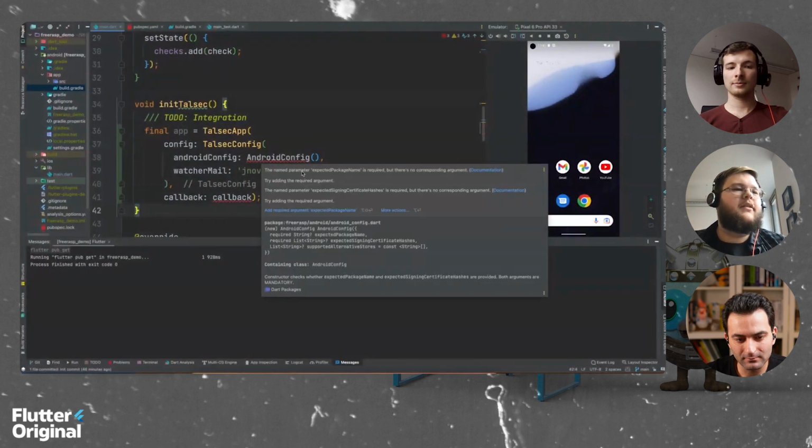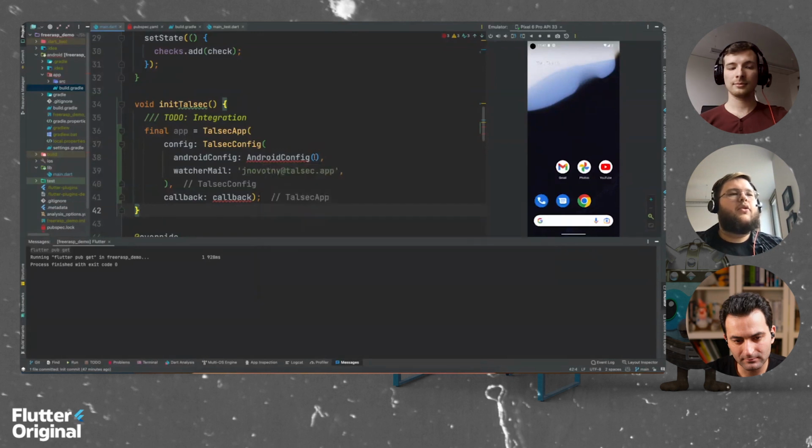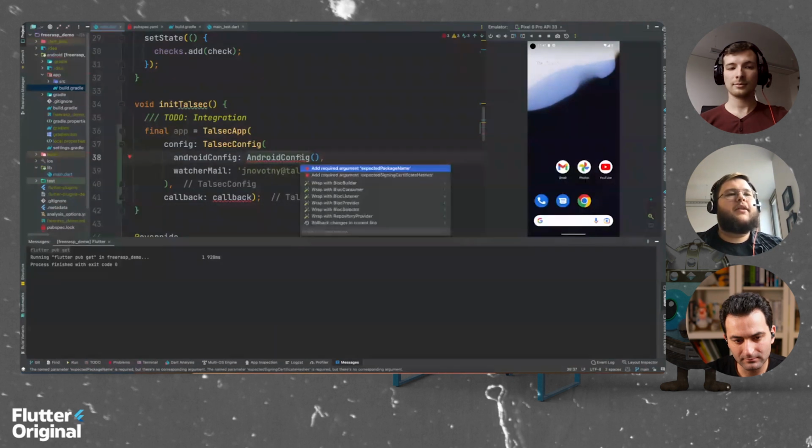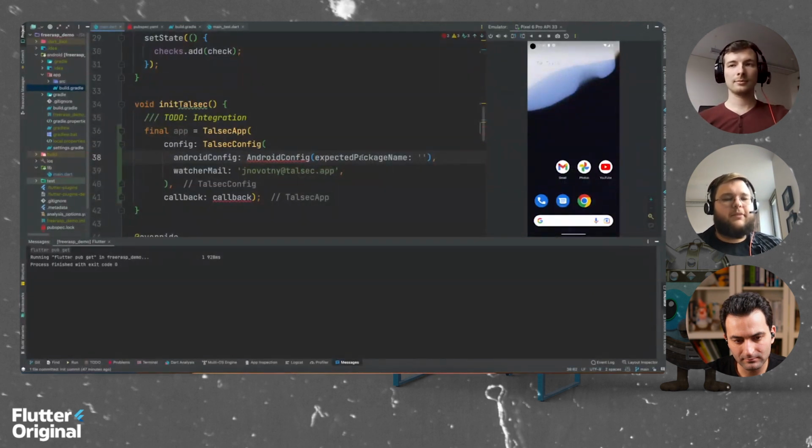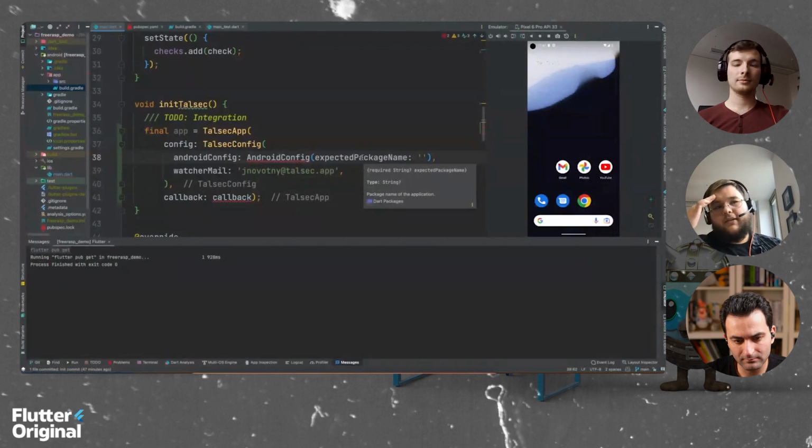Talsec, that's set up. And now let's resolve this yelling Android config. What it actually requires is the expected package name, then the expected signing certificate hashes. So let's pass just that. First we have the expected package name. Expected package name is a string, of course, and it basically tells us